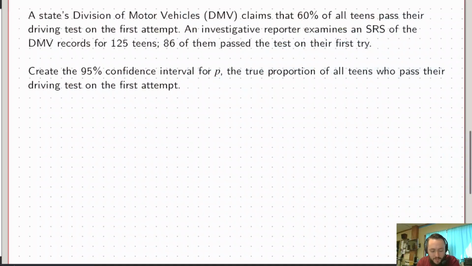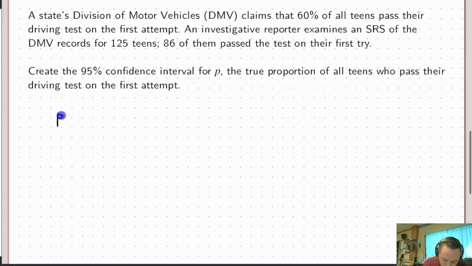In this video, we are calculating another confidence interval, so let's consider this example 2. The State's Division of Motor Vehicles, DMV, claims that 60% of all teens pass their driving test on their first attempt. An investigative reporter examines a simple random sample of the DMV records for 125 teens. 86 of them pass the test on their first try. Create a 95% confidence interval for p, the true proportion of all teens who pass their driving test on the first attempt. Okay, so we need to look at